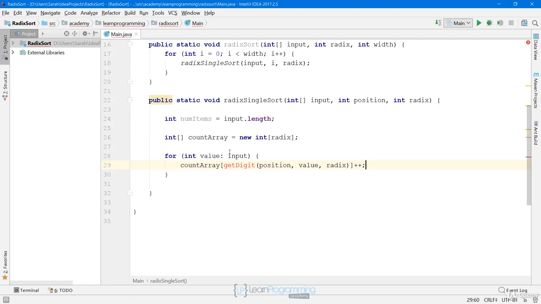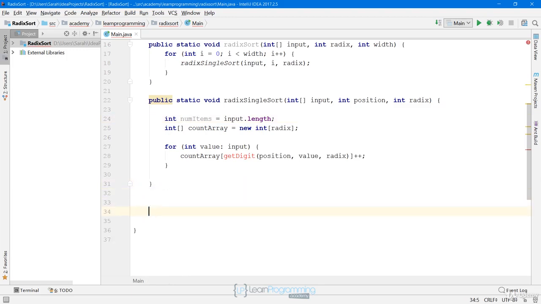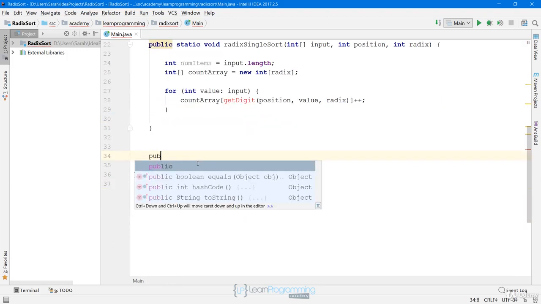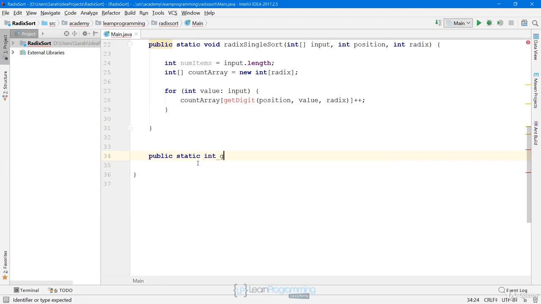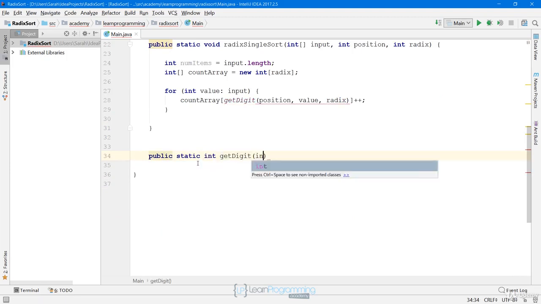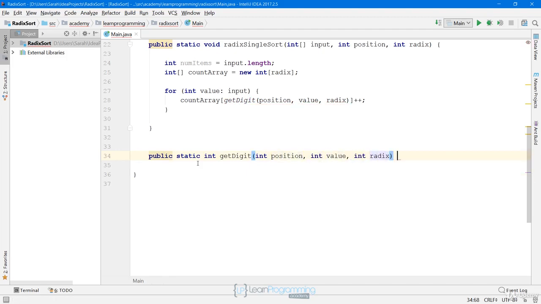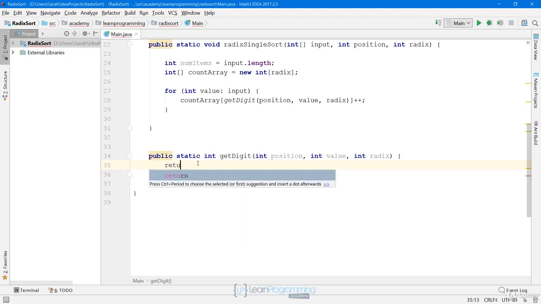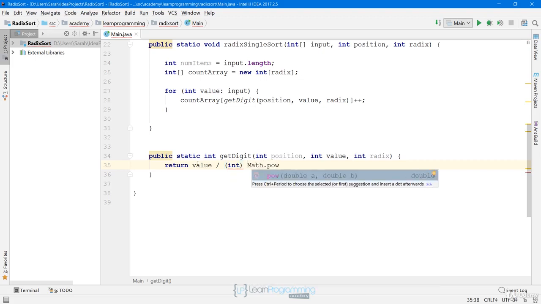So before we go any further, let's write the getDigit. I'm just going to remove this blank line here. We don't really need it. Let's write the getDigit method so you can see what it does. So we'll say public static int getDigit. It accepts a position, a value, and the radix. And it's not a difficult method. It's going to return value divided by, and we're going to cast this to int because we don't want to have a floating point value returned. And it's going to pass Math.pow(10, position)